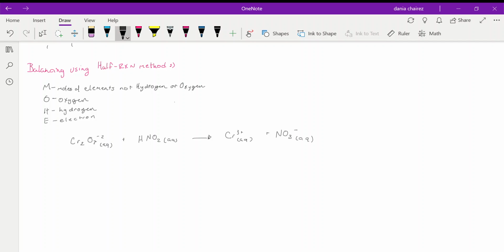So the first thing we're going to do is solve for oxidation numbers, just so that we can see what is being reduced and what's being oxidized. You can kind of split these up by half reactions just by, okay, this has chromium and this has nitrogen. These are two half reactions. But in case they ask you what's being reduced and what's being oxidized, which I'm pretty sure they will,